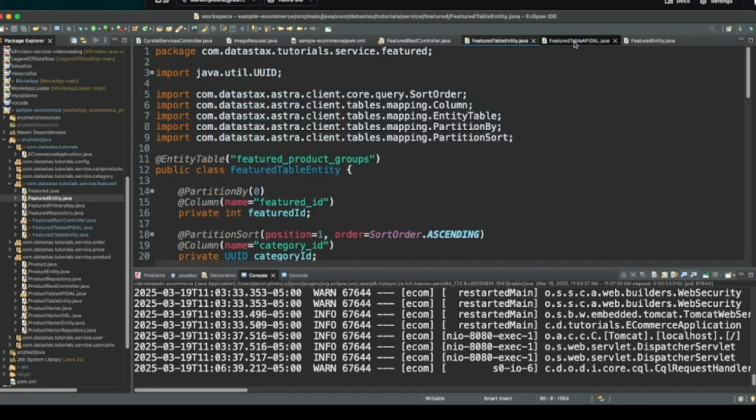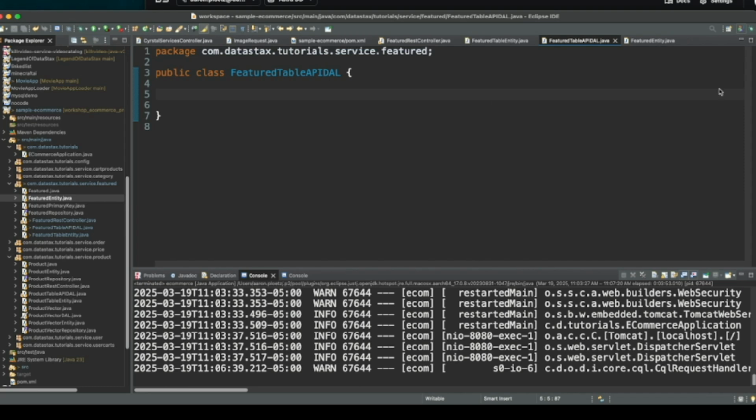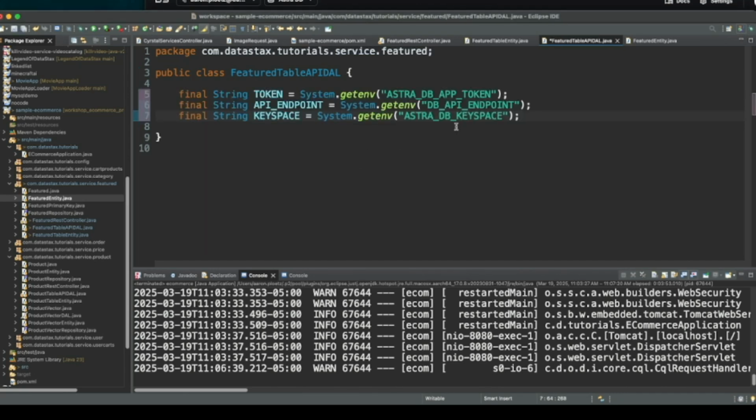Next, let's have a look at the featured table API DAL. For starters, this class is going to require a few constants, and I'm going to want to make sure I'm grabbing the AstraDB app token from the environment, the DB API endpoint from the environment, and the AstraDB keyspace from the environment as well.